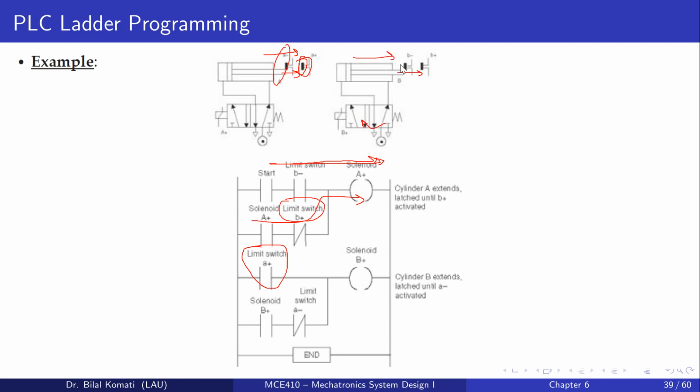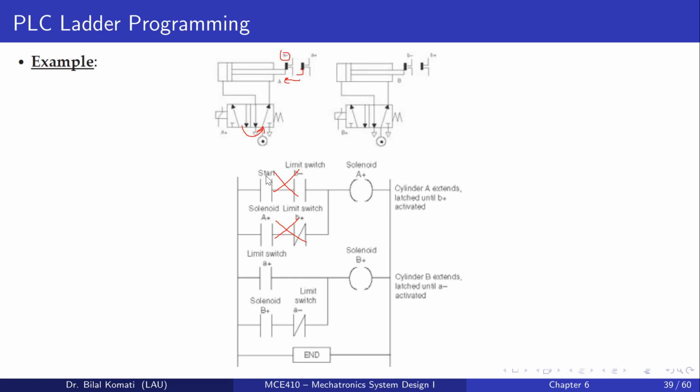It will move in this direction until reaching the end. Okay, so once we reach the end, B plus is activated, we will come here. So the contact will be separated here. The contact will be breaking here on the solenoid A, and now the solenoid A will not be on. So the solenoid will get back to its initial position, and the A, which was in this position, will start retracting and going back to its position